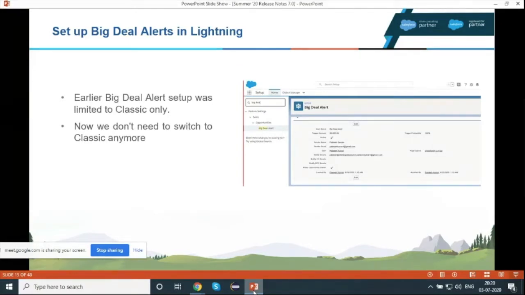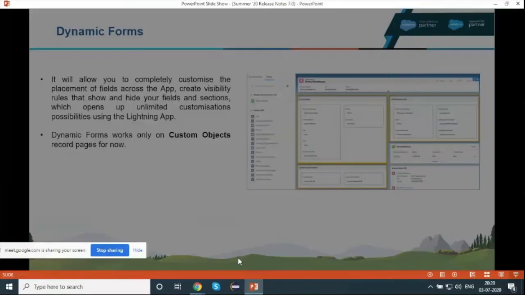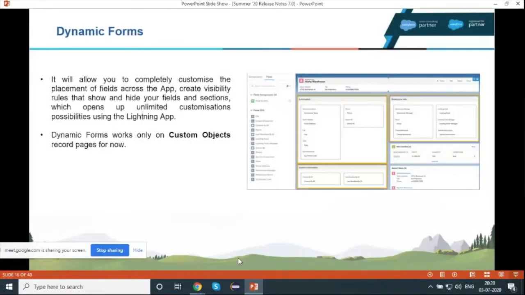Suppose your manager asked you to set up an automation so that whenever any opportunity reaches a threshold amount or threshold probability, an email goes to specific persons. And suppose you do not have knowledge of Process Builder, automation or triggers. This is the feature for you.